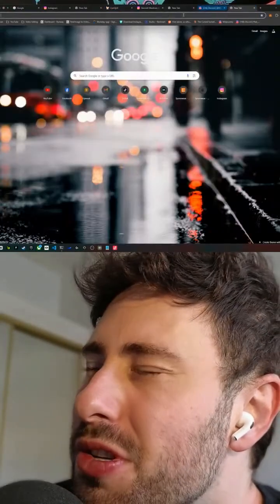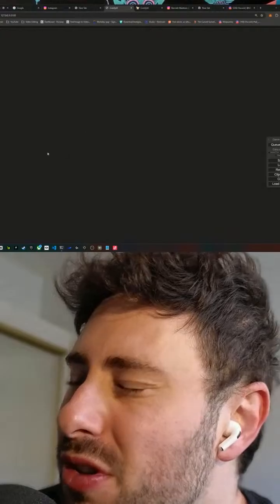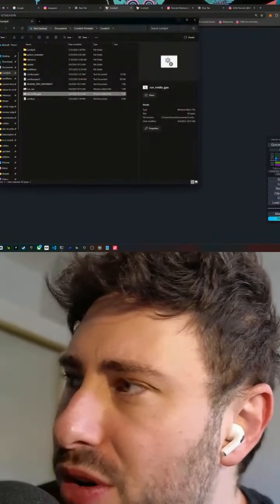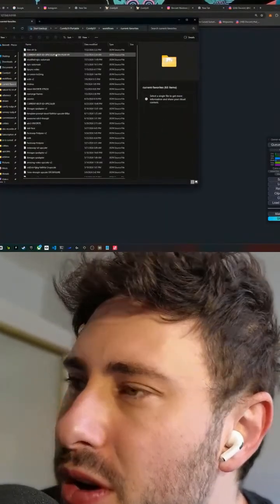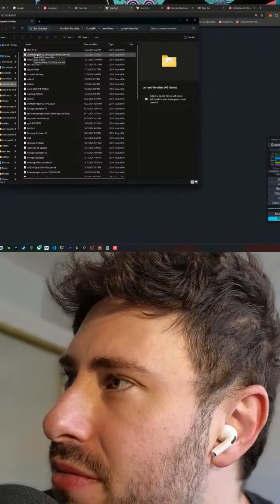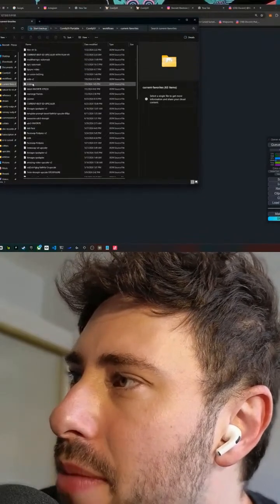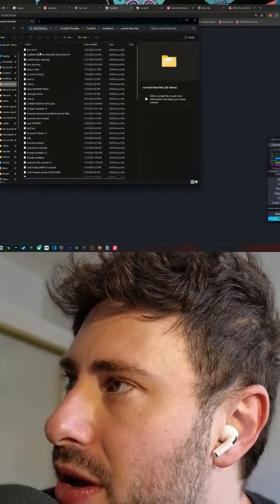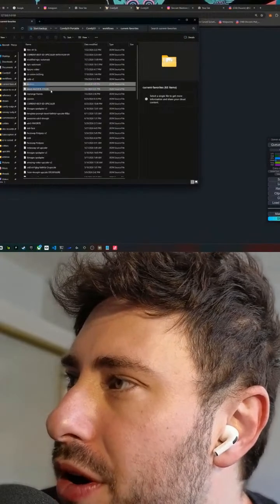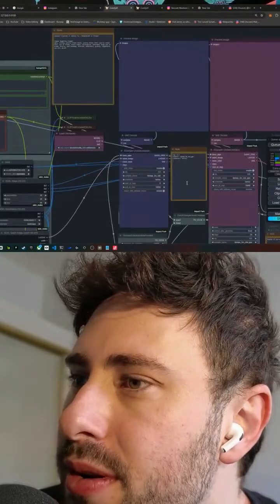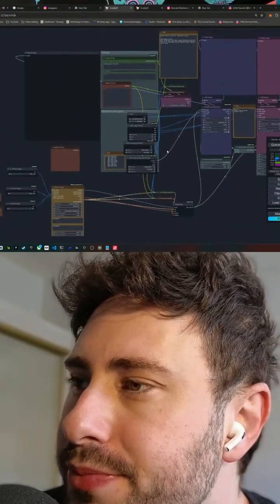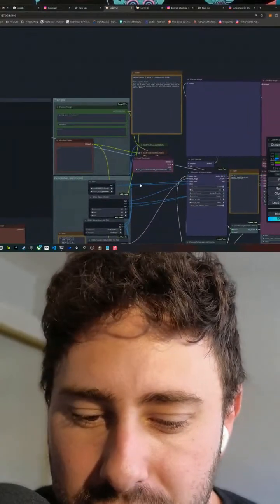I also make images just with plain Stable Diffusion locally, and I will open up a workflow that does that as well. We can kind of bounce between that and Midjourney, maybe for reference, but I mostly prefer Midjourney for my image creation. Oh, here we go. Here's my workflow for Stable Diffusion images.